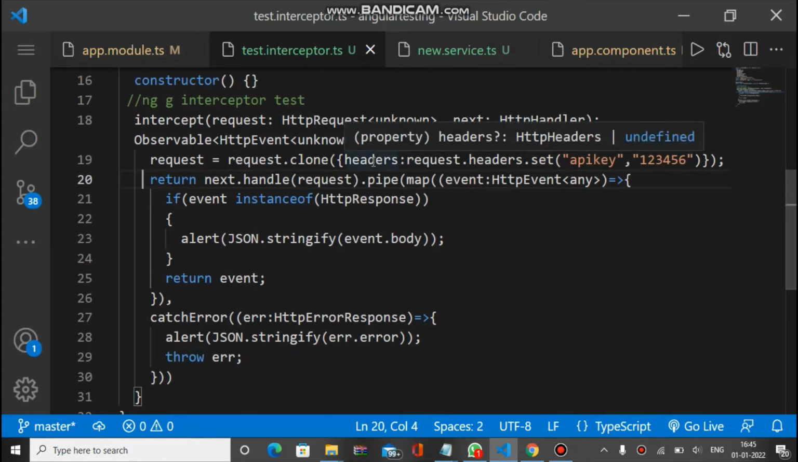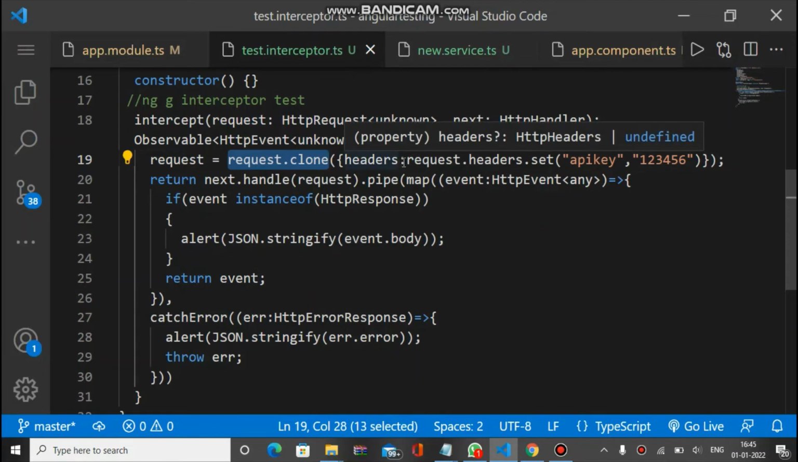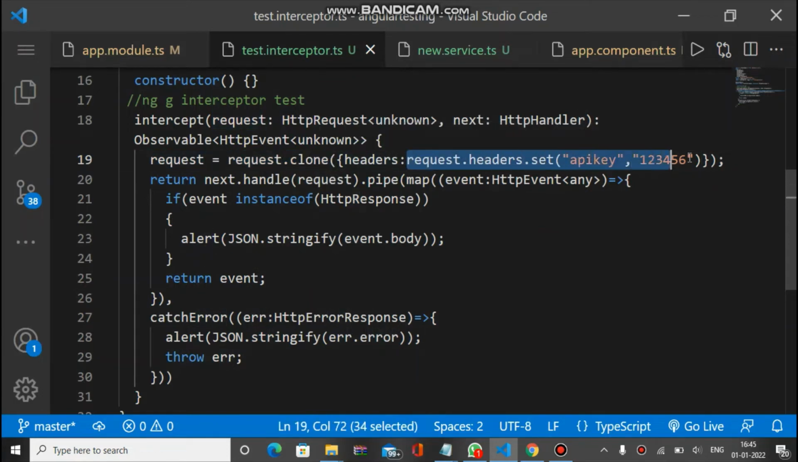So let's say you have to add an authorization key inside headers, then you have to clone the request. Use request.clone, and pass an object with the property headers, and you can write request.headers.set with the API key, and let's say the API key is 12345. So the API key is added inside a header. So in every HTTP request, this API key is added inside the headers. And next you can handle the request by next.handle(request), and if you have to manipulate the